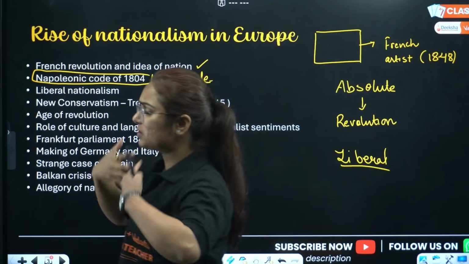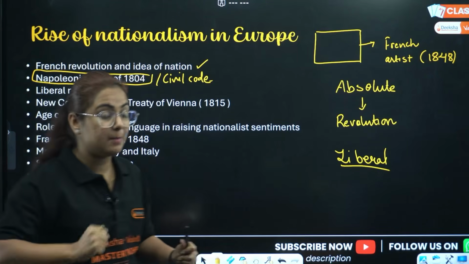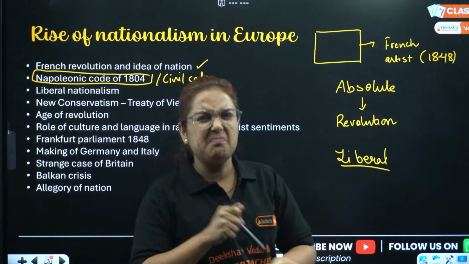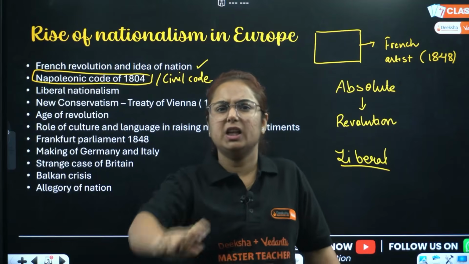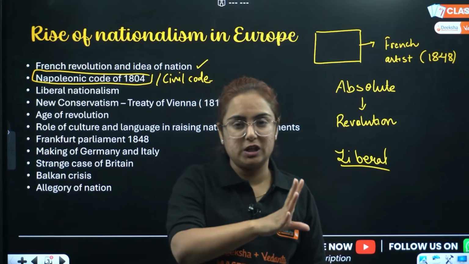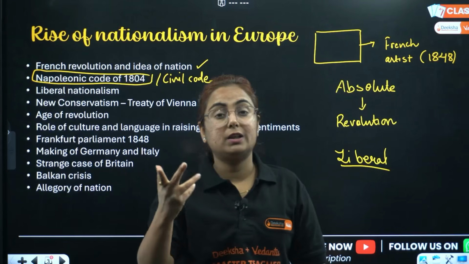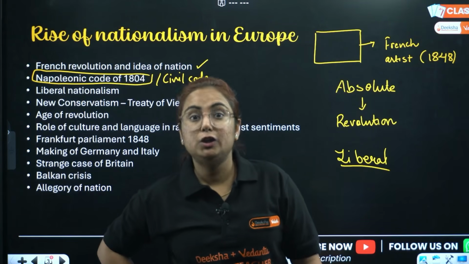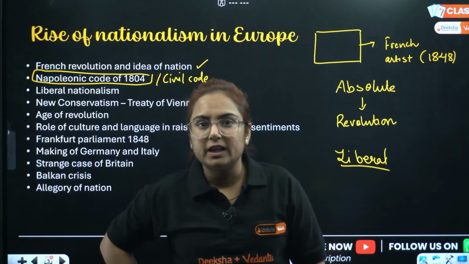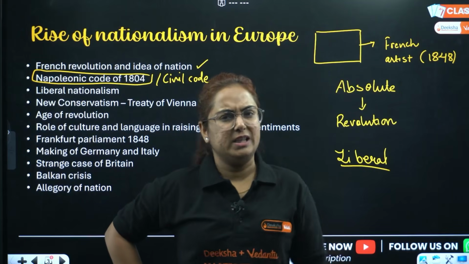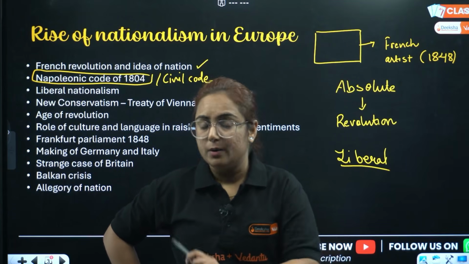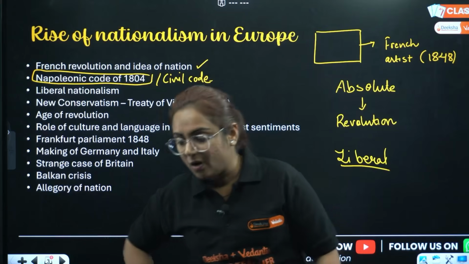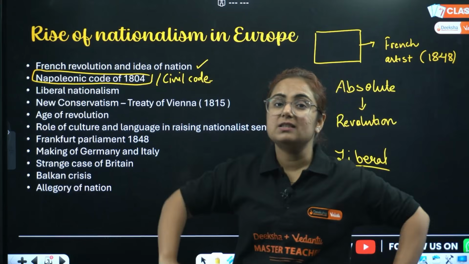However, Napoleon was welcomed by the people in the starting, but later on, people understood that yes, he is giving equality, but only social and economic. What about political equality? Did we choose Napoleon as a ruler? No. He is a dictator. So he didn't establish democracy. So now the conservatives come into the picture again.